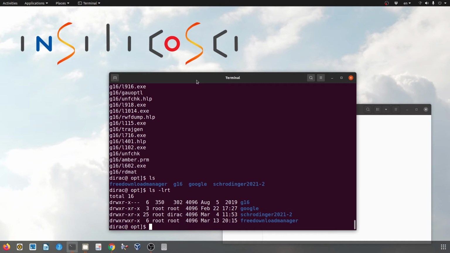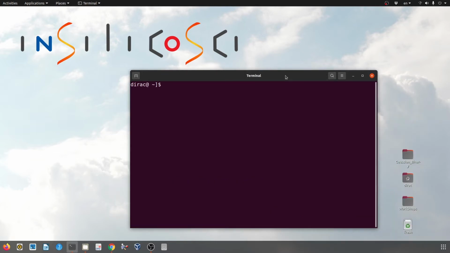So until now the Gaussian is in its place in opt folder, but the problem is that my user doesn't have the permission to execute the program. So now let's move on to the step 2, which is setting permissions of the files.